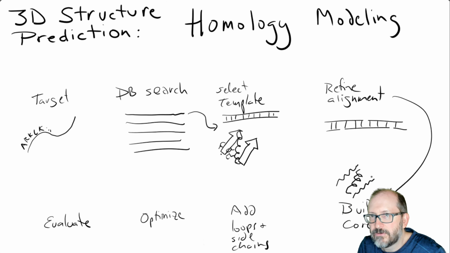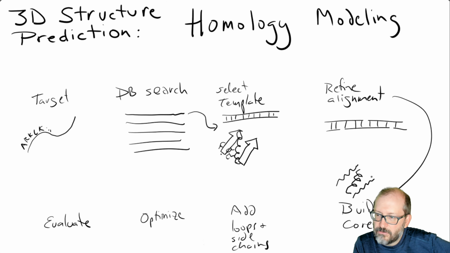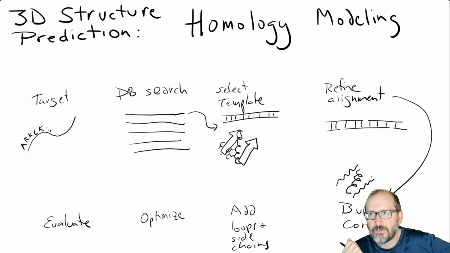Now, why do we build the core first? Well, there are a couple of reasons for that. Number one, the core is more packed and less mobile, and so our nuclear coordinates are known more accurately, because anything that's mobile will be averaged out in the experiment most likely, and on the other hand, if it's closely packed, then the thermal oscillations will be much smaller, and we'll be able to observe them with greater precision. And then also the core is usually more conserved in evolution, so our alignment will be superior,